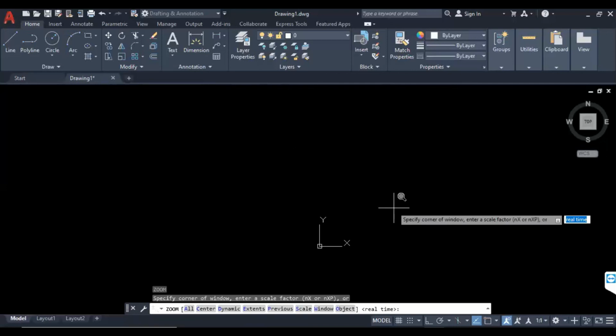From that center point, by default it will take more dimension in the X direction and less in the Y direction. You can see this graphic area or monitor: in the X direction the displaying length is more, and in the Y direction the displaying length is less. It's simple, like an ellipse: major axis, x-axis; minor axis. I think everybody knows why it has been designed like that.